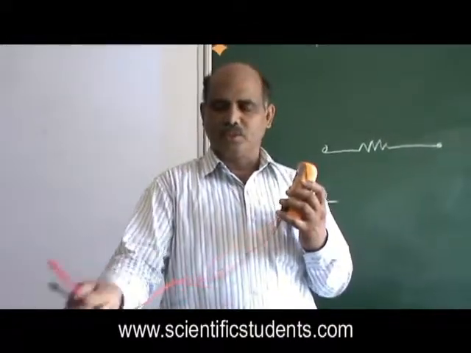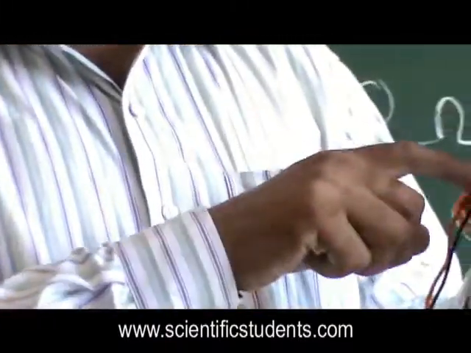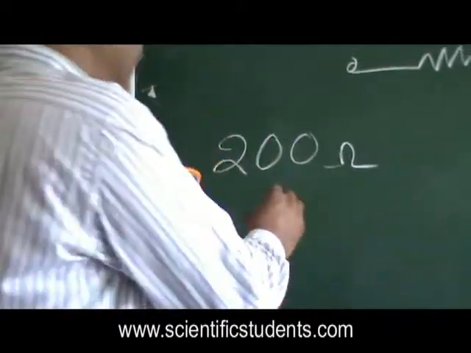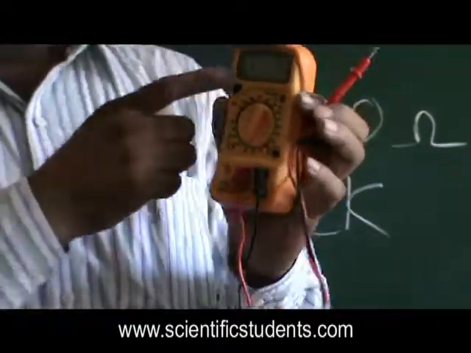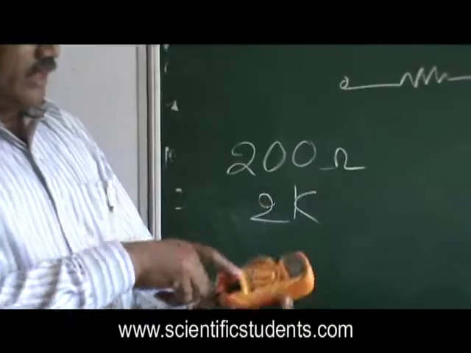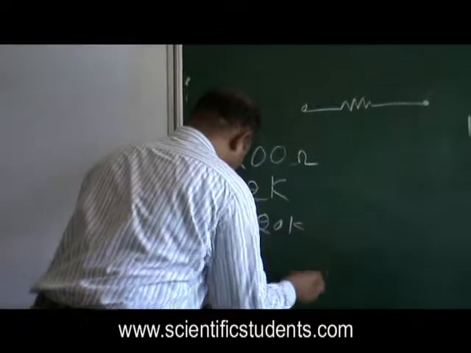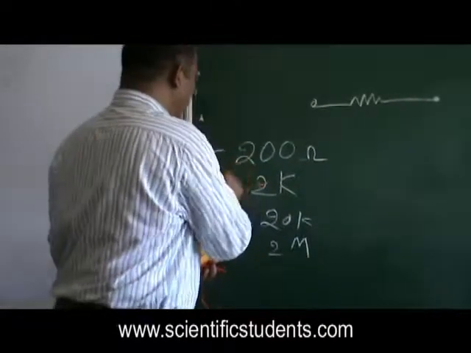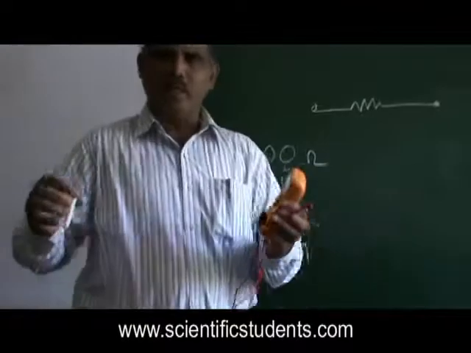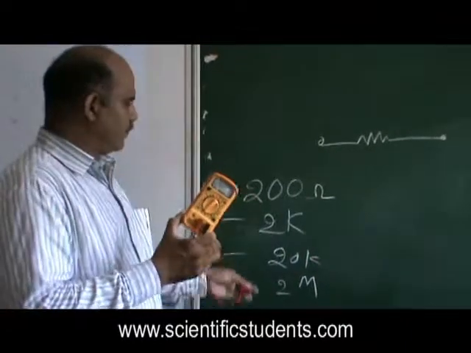First what you do, connect these two, and then from 200 change to the next range, 2K. Next is 2K. Even in 2K, if you are not finding the resistance, it cannot display. And then go to the next range. You have the next range 20K. Okay, you have the next range 2 mega. So there are 4 ranges. In some other digital multimeters you have many more ranges. But at this cost, these are the 4 ranges.